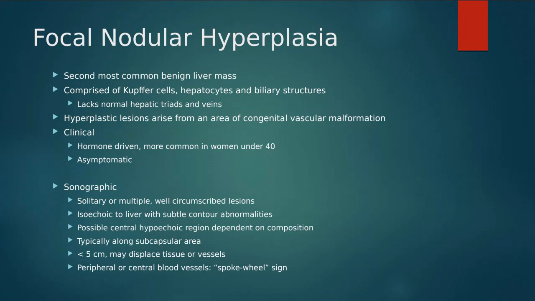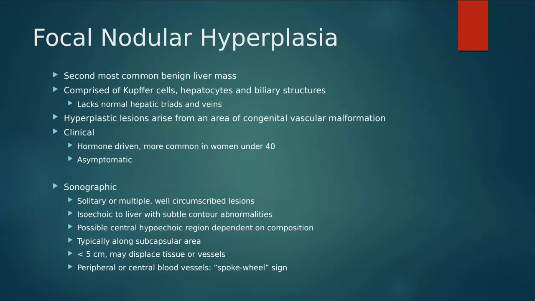And the only thing that makes it different than normal liver tissue is that it doesn't have hepatic triads or veins. So it doesn't really have an appropriate blood supply or drainage. We're not seeing the typical portal vein, hepatic vein, bile duct with it, right? We don't see those normal triads, but this mass is made up of those functional cells,